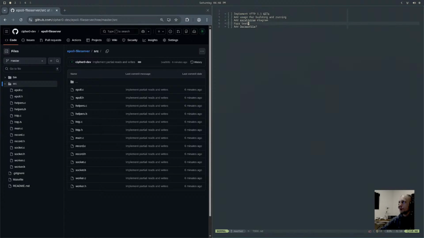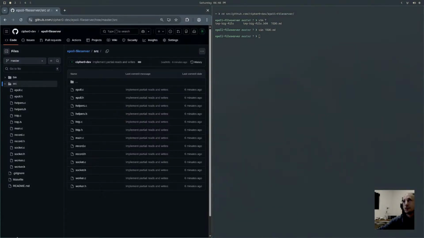Let's go over here. Find a unit test framework for C and write some damn unit tests. We'll leave off the damn just in case I accidentally commit it. But